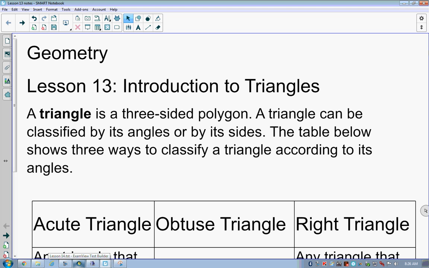All right, this should be fairly easy. We're in Geometry Lesson 13, which is Introduction to Triangles. Should be stuff that you're fairly familiar with,